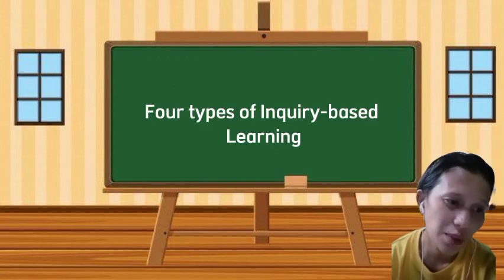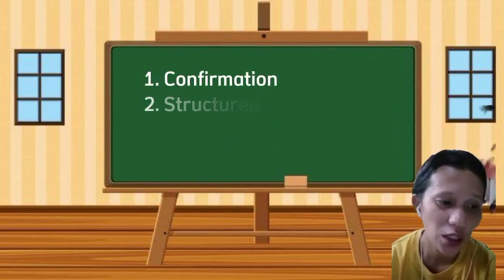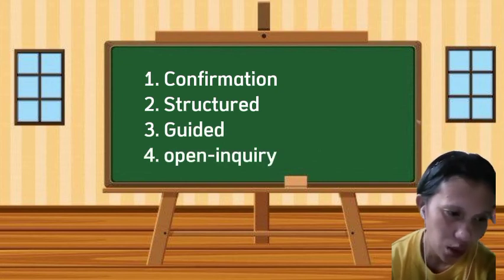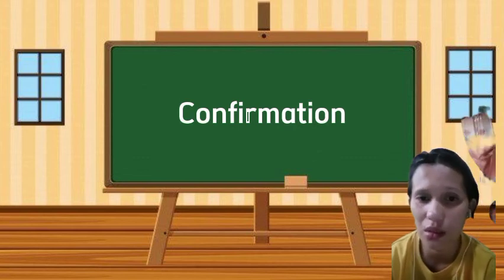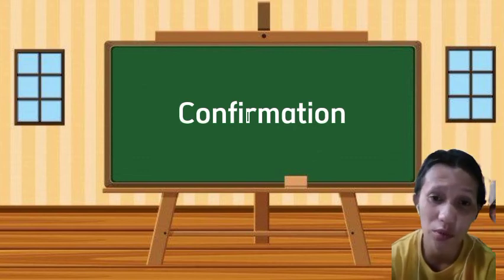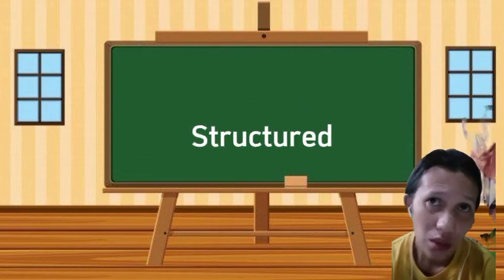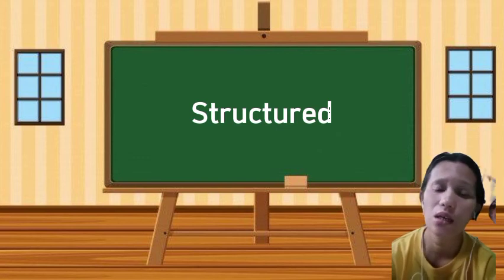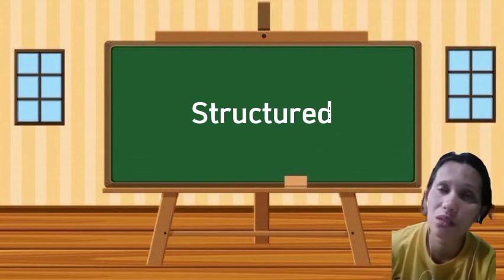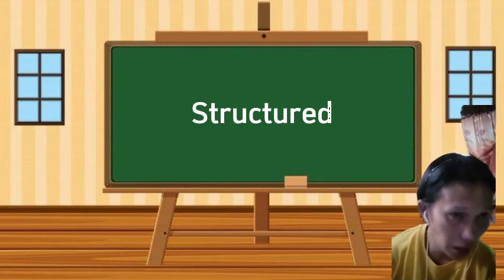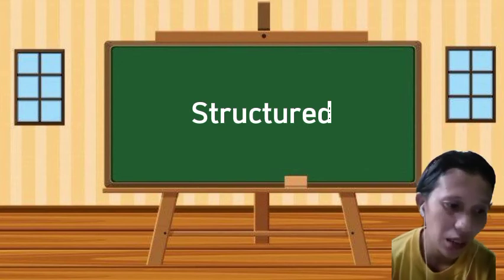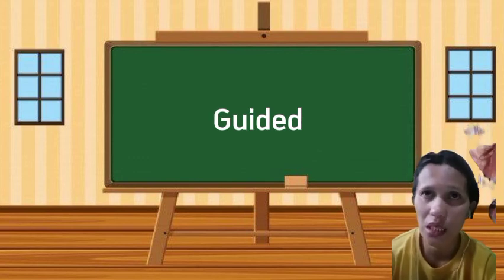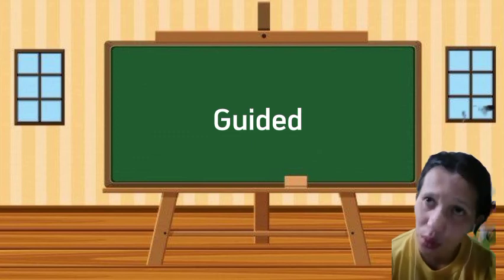So there are four types of inquiry-based learning. One is confirmation, two is structured, then guided, and open inquiry. When we say confirmation, it is the time where studies or research are being confirmed. When we say structured, the strategy and the methods are structured or systematically planned already. When we say guided, for example in a research study, students or learners